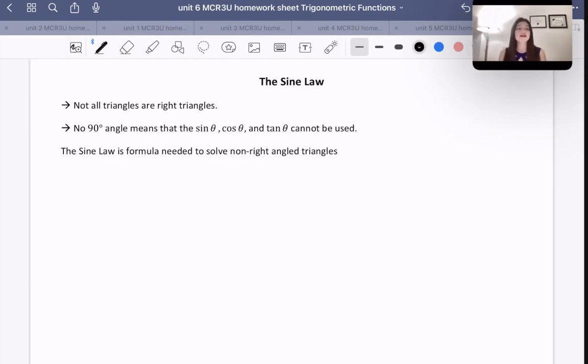But luckily for us, there is a way to use our basic trig ratios a little bit differently in order to determine the sides and angles for triangles that are not right angle triangles. So if a triangle is not a right angle triangle, or we don't know whether it is or isn't, we can use the sine law. Basically, the sine law states that if we have some triangle, any triangle, it doesn't have to be a right angle triangle,